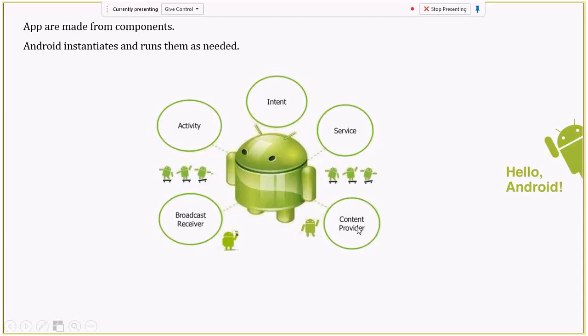A content provider is kind of a database which an app creates, but it is accessible to other apps. For example, contacts. Your contacts are accessible to other apps. They can view, add, and delete from your contacts list. So it's a central database which an app manages and controls, but other apps are given permission to work on it.